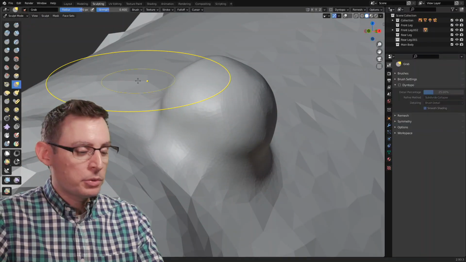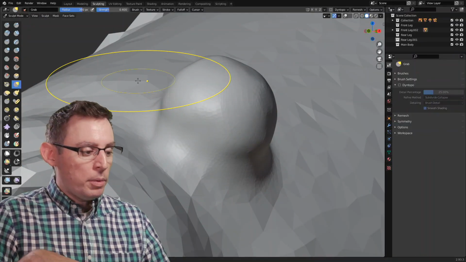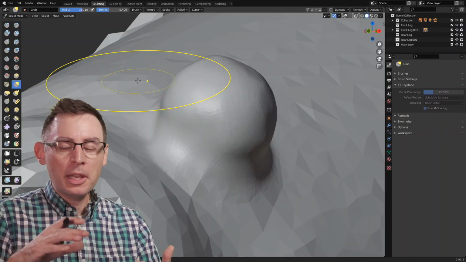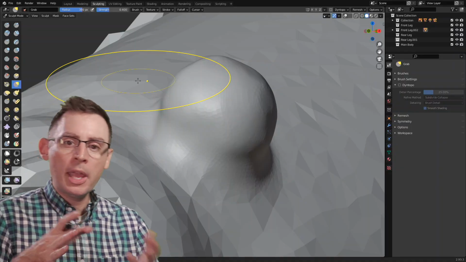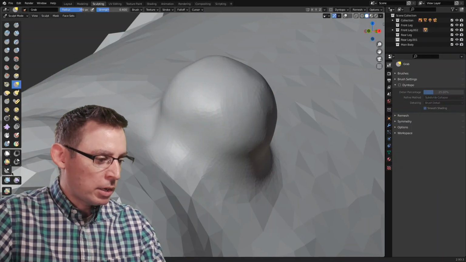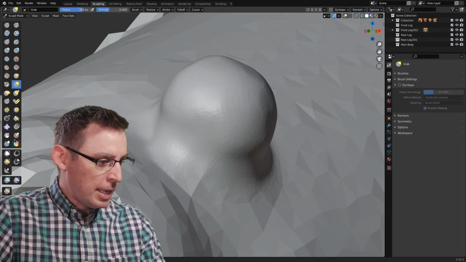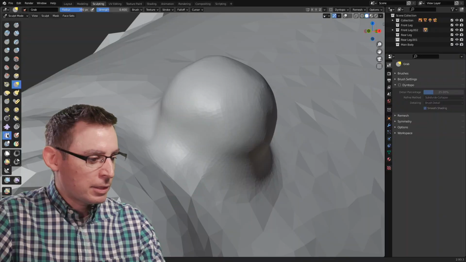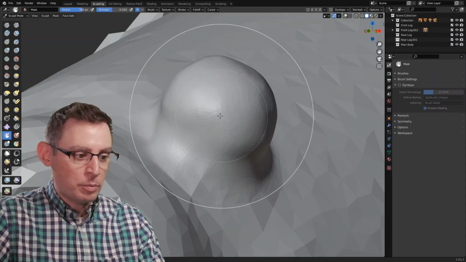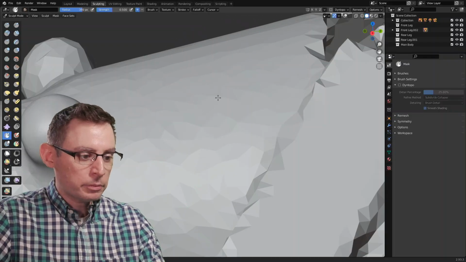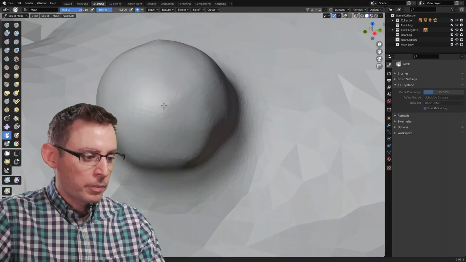The masking tools are a way for us to do this. In the big picture, the masking tools interactively turn the influence of our tools on and off. You can find the masking tools over here inside of your toolbar, and it is this one. It's right below the cloth icon. This is going to turn your brush into a masking brush. Let's look at how this works before we apply it on our actual object itself.